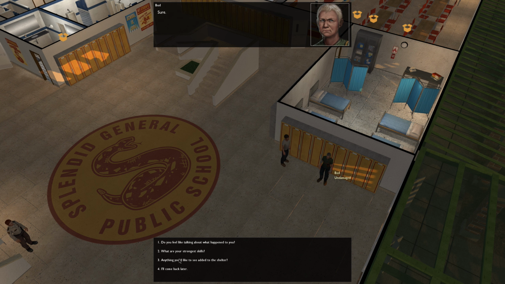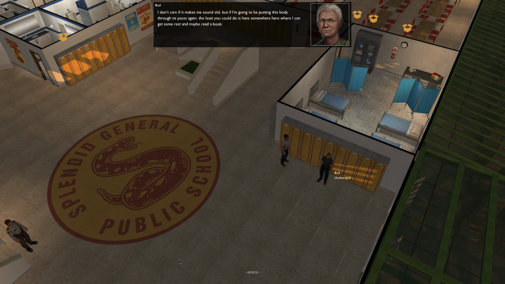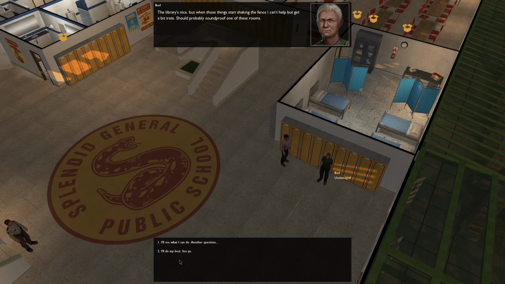Anything you like to see added to the shelter? I don't care if it makes me sound old, but if I'm going to be putting this body through its paces again, the least you could do is have somewhere where I can get some rest and maybe read a book. Well, we have a school library, Bud. Library's nice, but when these things start shaking the fence, I can't help but get a bit irate. Should probably soundproof one of these rooms. Well, alright, we'll see what we can do, but